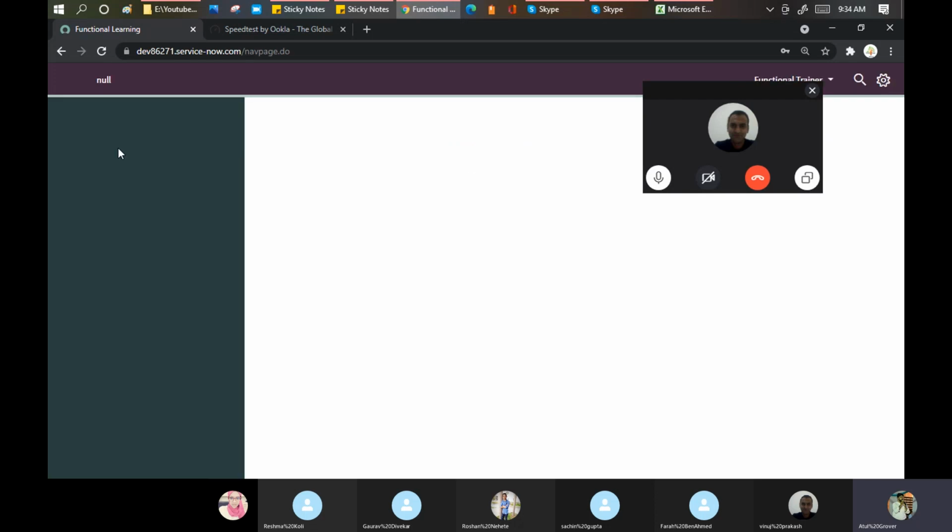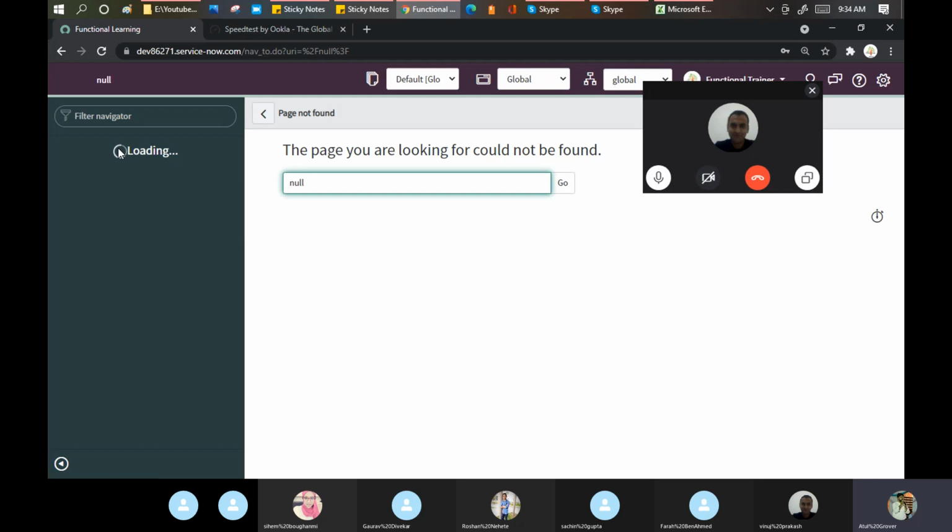The simple meaning of a dictionary is a place where you can find about a specific word: whether it is a noun, whether it is objective or subjective, what its property is, how to pronounce it, what the meaning of that particular word is. In the same manner, in ServiceNow we have a concept called the dictionary and a dictionary override.